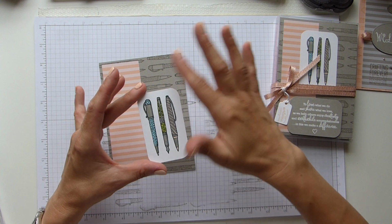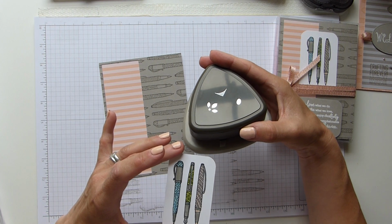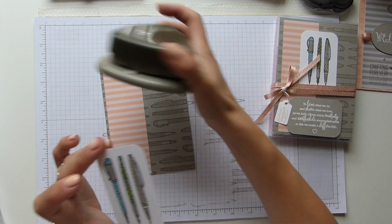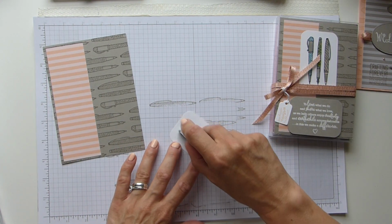I stamped them in Memento, coloured them in, cut it out, and then I used the triple, I can't remember the name of this now, Delicate, oh my goodness, no, brain's gone, sorry, do you remember? The triple punch anyhow, just around the corners. And then this simply gets stuck on too,